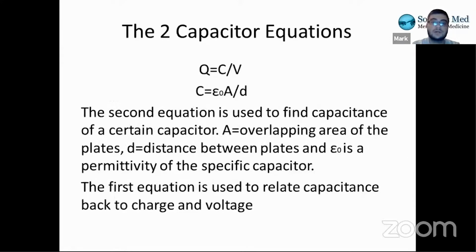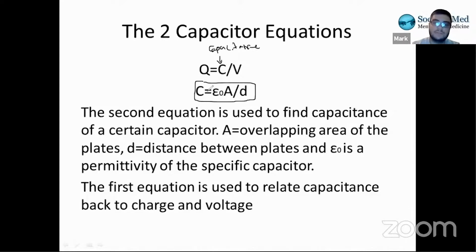The two important capacitor equations are these two. Q equals CV, and C is capacitance, right? That's the measure of a capacitor, just like resistance is the measure of a resistor. Capacitance is the measure of a capacitor. Q, you know, is charge, and V is voltage. This is how you would relate capacitance back to charge and voltage, right? Then there's also this equation, and this is how you actually find capacitance of a certain capacitor without knowing the charge and the voltage. It's equal to epsilon 0